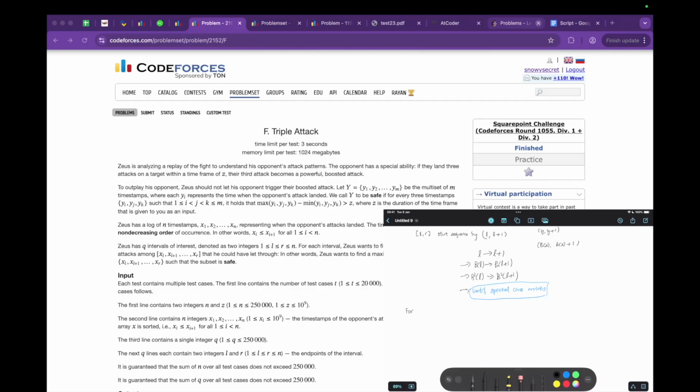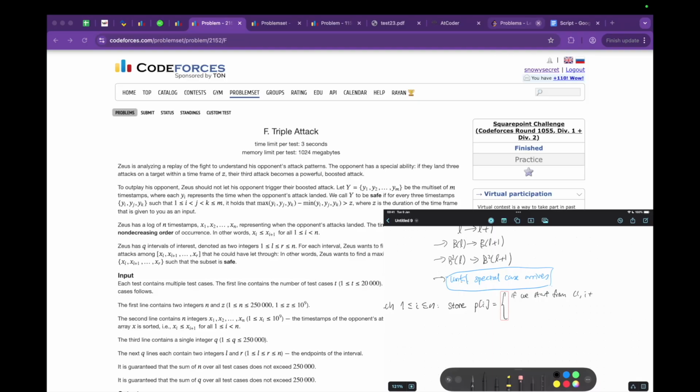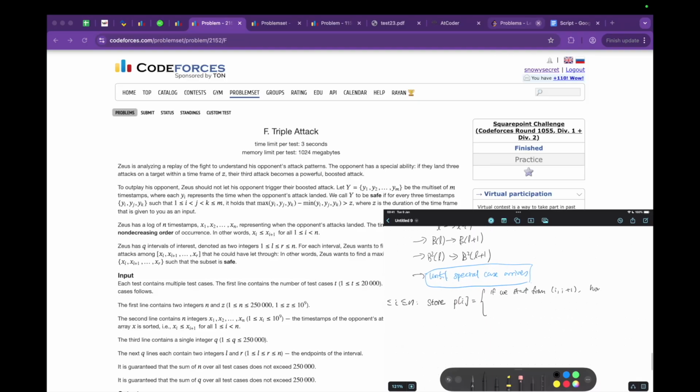For each I from 1 to n, store a special array. Let's just call it P of I. If we start from I plus 1, how many moves until we meet a special case,